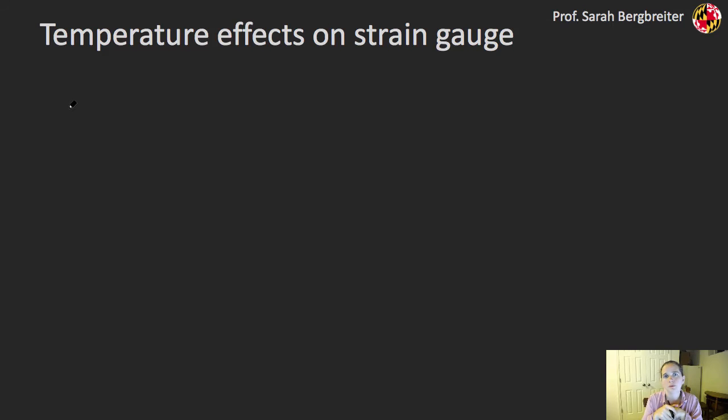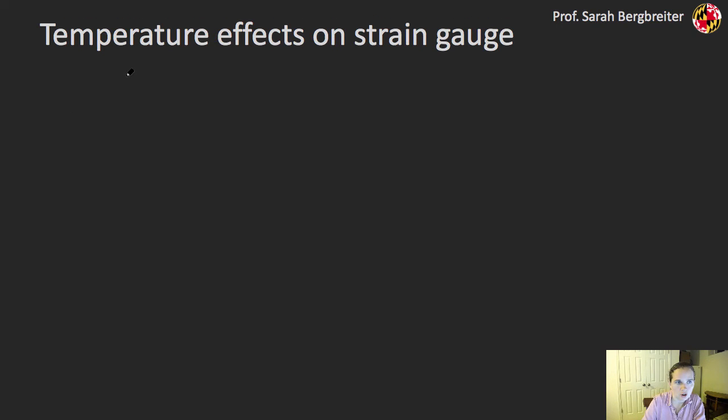One of the challenges with measuring strain in particular is that my measurements can be influenced by factors beyond strain. So temperature is a pretty big one. Temperature can change the resistivity of whatever my strain gauge is made out of. So whatever metal or alloy that is, temperature can change the resistivity, and that will ultimately influence my